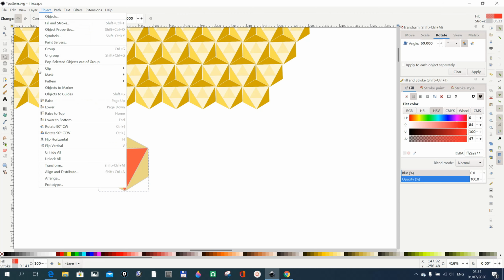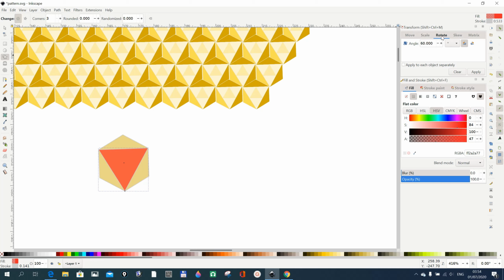So go to Object, Transform, and if you press that, this dialog box pops up. Go to Rotate and write 60 here, and then choose Rotate in counterclockwise direction, and then apply. Now